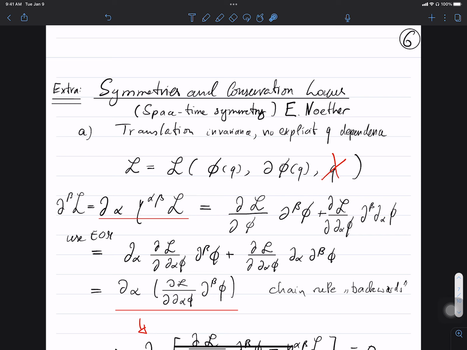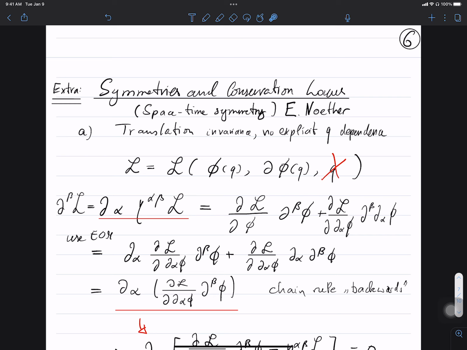Okay, let's come to a very central topic of theoretical physics. In general, the connection between symmetries and conserved quantities goes back to the German mathematician Emmy Noether. She postulated more than 100 years ago that whenever you have a symmetry, and a symmetry, for example, is that